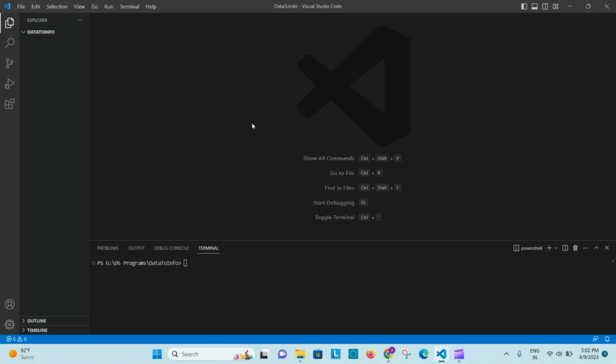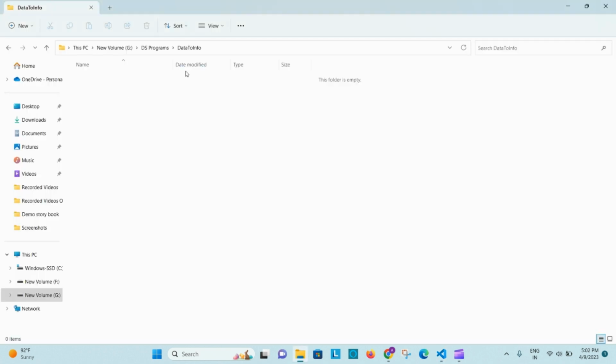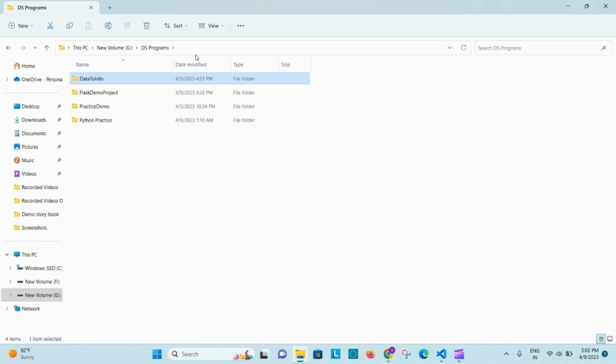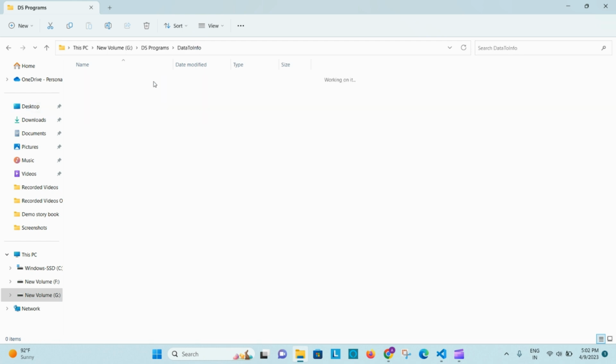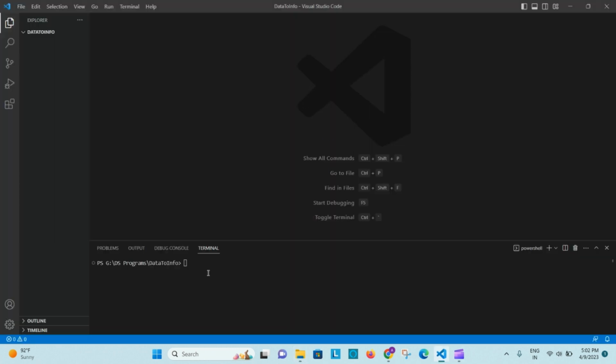So I'm in my VS Code editor, and I have created this folder over here that is called data to info. Just go inside the data to info folder, copy the path, and come back to the editor. Now we have to create a virtual environment over here. So what command you will be writing over here is that